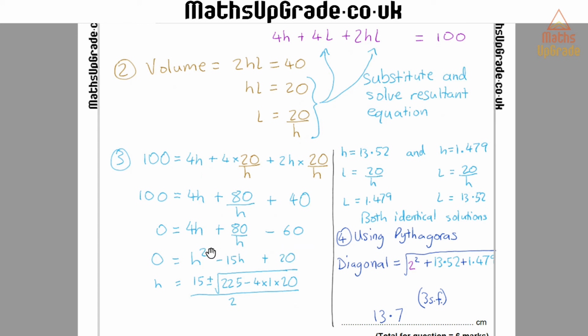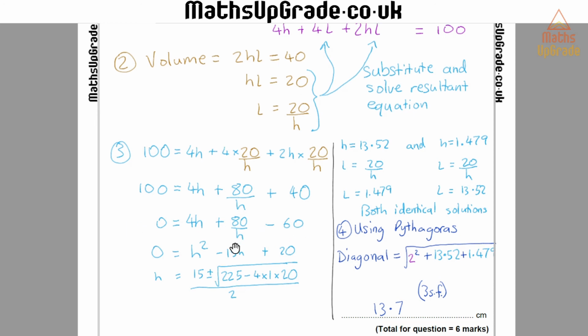What I'm going to do now, because I don't like having an h as a denominator here, is multiply both sides of this entire equation by h, and I'm going to divide by a factor of 4. So what that gives me is 0 equals h squared minus 15h plus 20. Just note here, I've swapped these two terms round, which is why these numbers may look slightly wrong, but they're actually correct. I'm going to now write this as a quadratic equation, and then I'm going to substitute it into